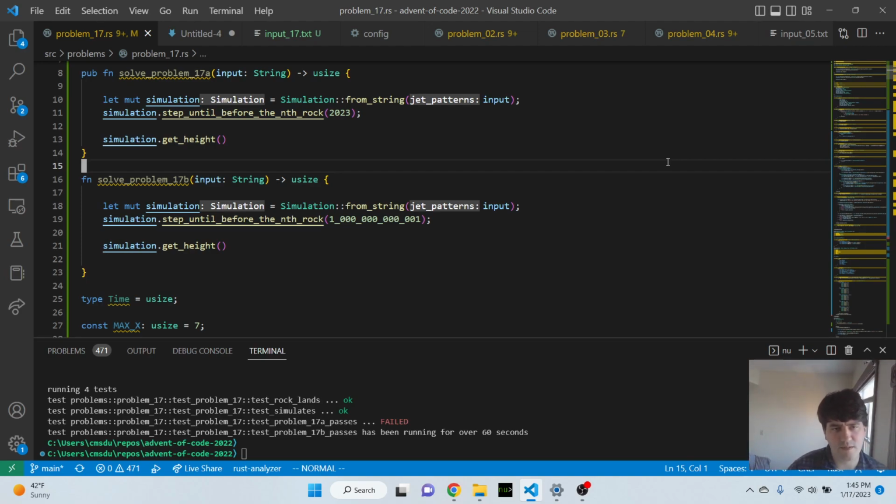What condition would need to be true in order to get some repetition? We would need some situation where the rocks essentially made a floor. So if the rocks made a floor,